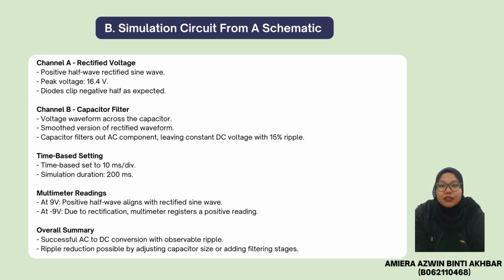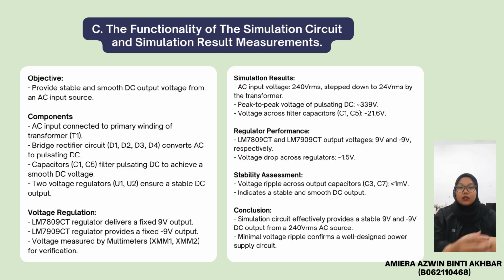The time-based setting at 10 milliseconds indicated a 200 millisecond simulation. In summary, the circuit effectively converts AC input into DC with observable ripple, and adjusting capacitor size or adding a filtering stage can improve this further. Okay, the functionality of this simulation circuit is rooted in its conversion of a 240 VRMS AC